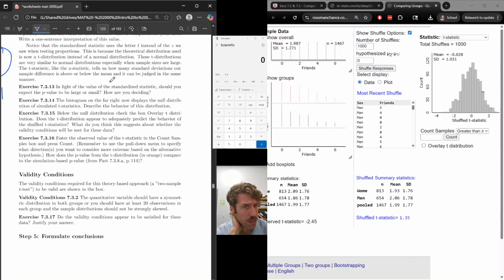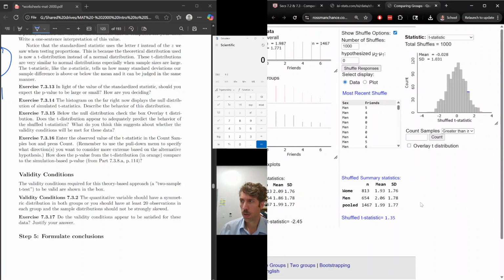The histogram on the far right now displays the null distribution of simulated t-statistics. Describe the behavior of this distribution. Okay, so behavior, you're looking for shape, where is it centered,